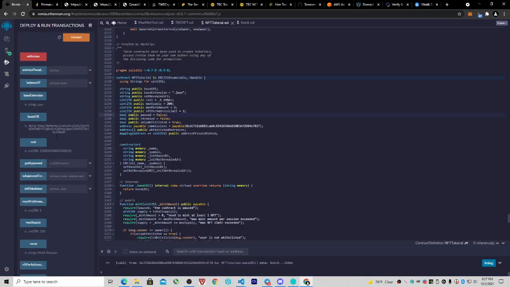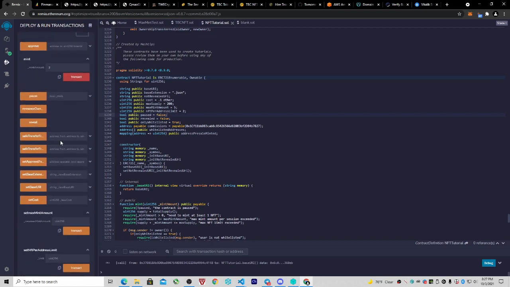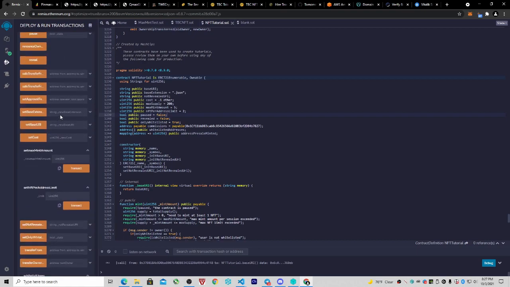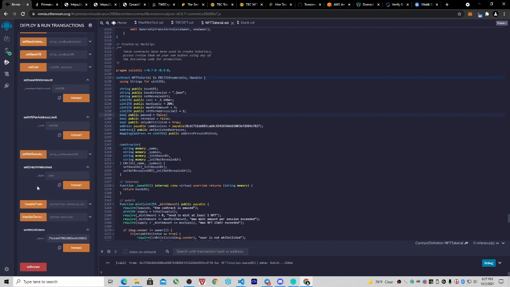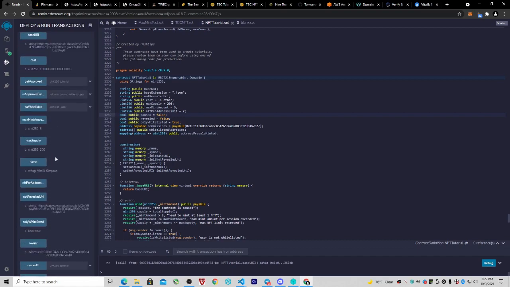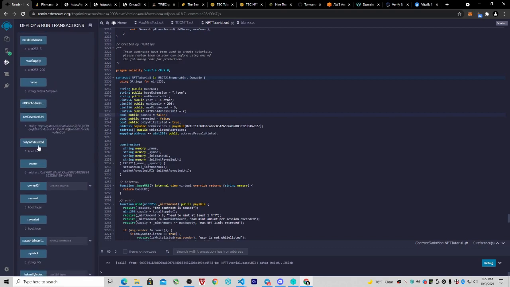Your whitelisted presale, which, by the way, let's do that real quick. So you're going to go to set only whitelist, the third from the bottom orange. Set only whitelist. And you're going to set it to false. Let's scroll down, and you're going to go to only whitelisted. You see it's true. So only people that can buy right now on this contract are people that are whitelisted. But we're past that, right? We're beyond that. We've sold our presale, we've sold our whitelist, and now we've already revealed the metadata, the URI,